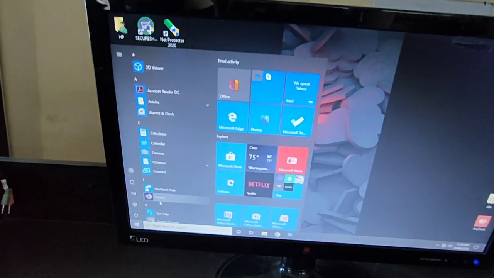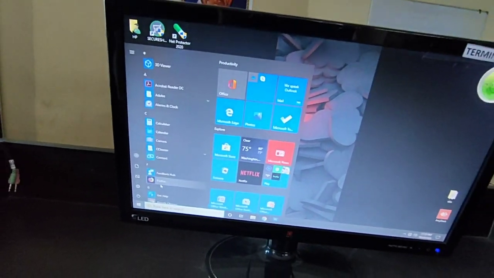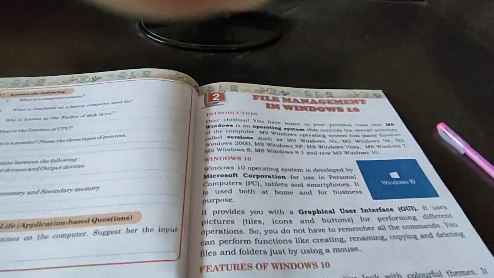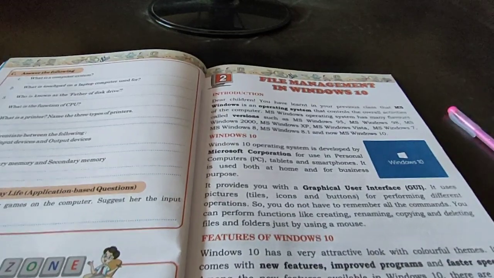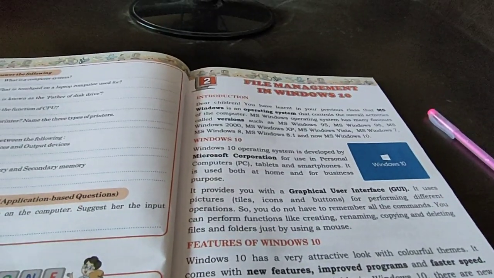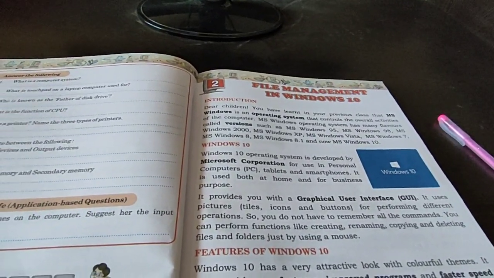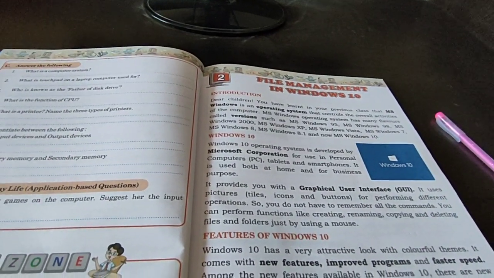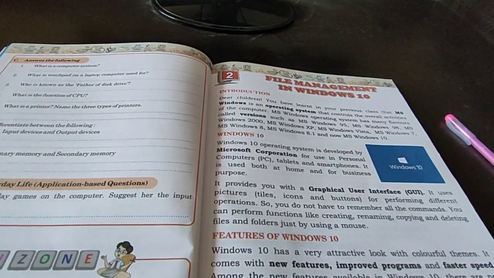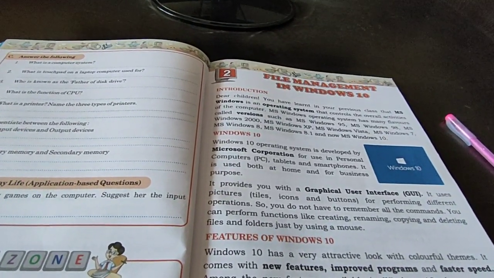So this is very user friendly. We use this updated version, MS Windows 10, which is picture based and graphical based. In the system, the GUI uses tiles, icons and buttons for performing different operations. So you do not have to remember all the commands.